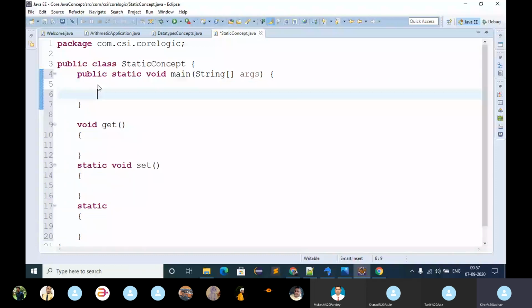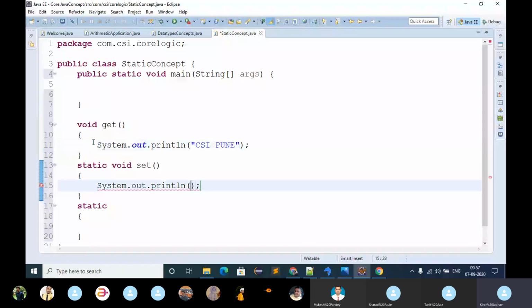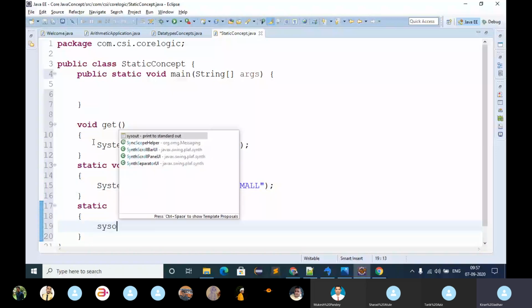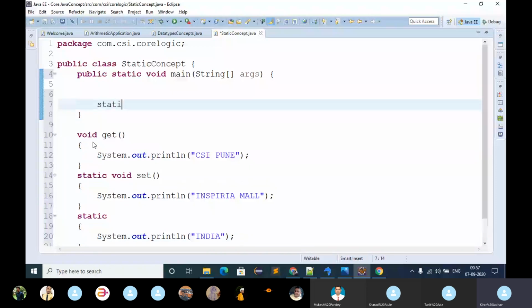Then here, as per our requirements, I am going to print something. This is a very basic example, like at CSI Pune. Here, suppose I am going to print CSI Inspiria Mall. So here I am going to print India. Then here I must create an object of the StaticConcept class: s1 equal to new StaticConcept. Then s1.get.